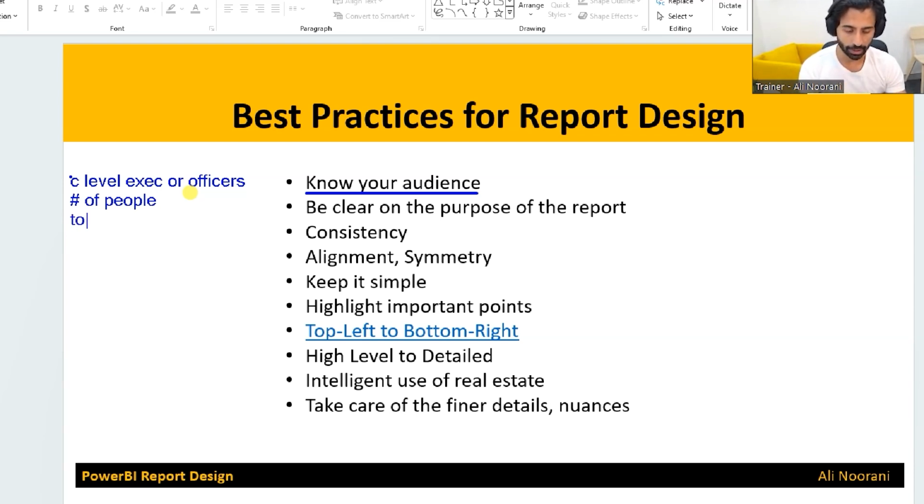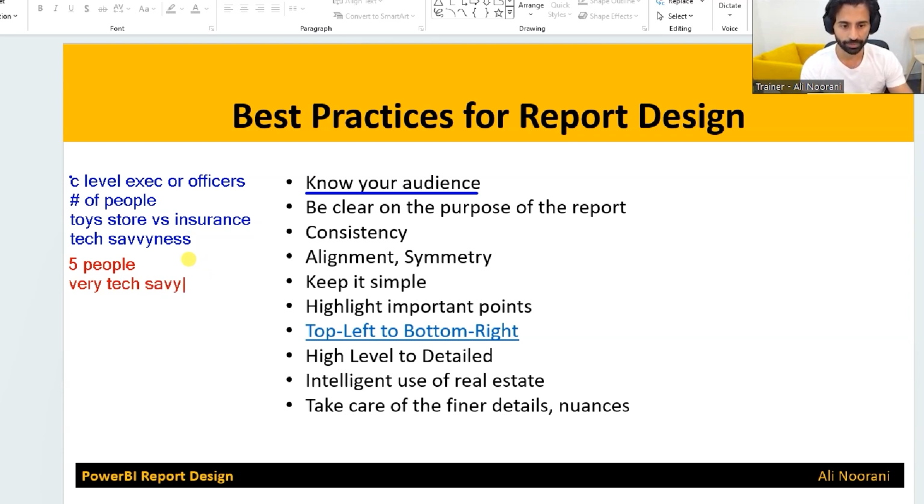Are you working in a toy store versus insurance, right? This also determines how adventurous you can be in your use of colors and visuals and whatnot. So your industry, the number of people you're going to share it with, and their tech savviness. Basically, if you create two extremes just to make a point, so if you are sharing it with 5 people, very tech savvy,